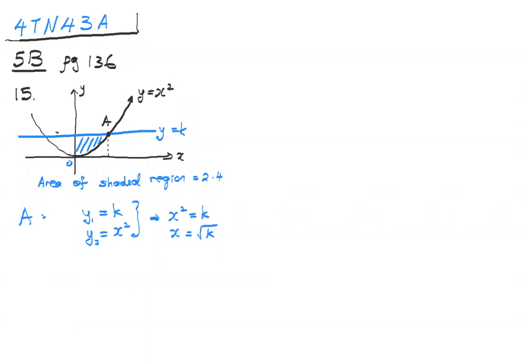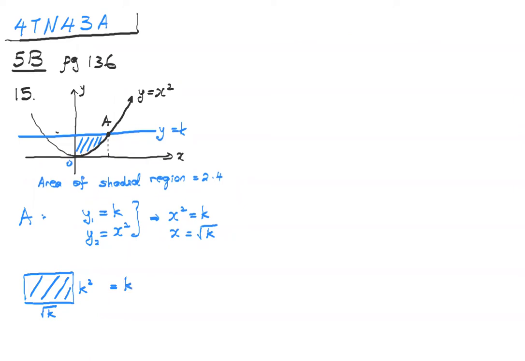And because point A is on the right side of the y-axis, it should be greater than 0. So I don't put negative in this case. Okay, so I got the value of x already. So I know that there is a rectangle. This is a rectangle. The width is root k, and the height is k squared. Agree? So the area for this one will be equal to k,